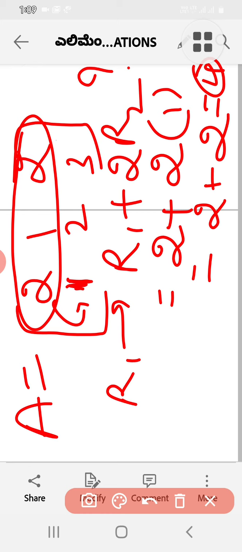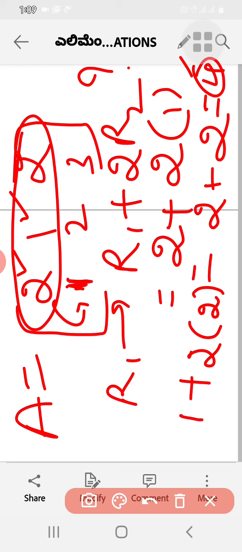So the first element here I have to write 4. Then I will move to the second element. That is 1 plus 2 R2. So 2 into the corresponding element, which is 2. So that will be 1 plus 4, that will be 5. So then I can take up another element here.